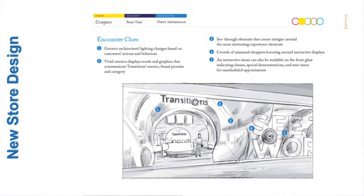All right, one more. We did a store design for a company called Transitions. Do you guys know Transitions? They make the lenses that change color when it hits UV light. So the same approach, lots of figuring out what's the show floor going to be like, what's the store floor plan going to be like. And here was the idea for the portal. And notice there are some little numbers around it. The little circle on the right-hand side under the word C was a viewport. You've probably been to New York City sometime and you look through the little cutout to look at the construction. Same idea, but it would give you the experience of trying on their glasses